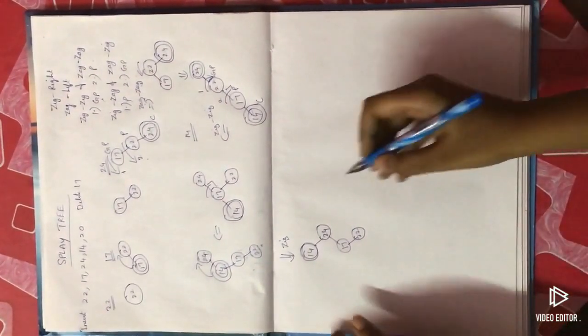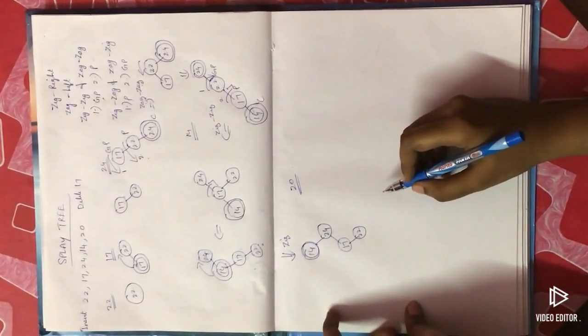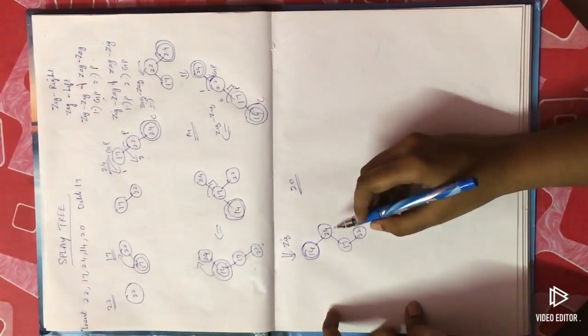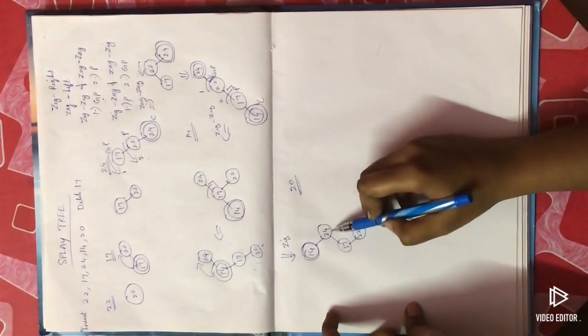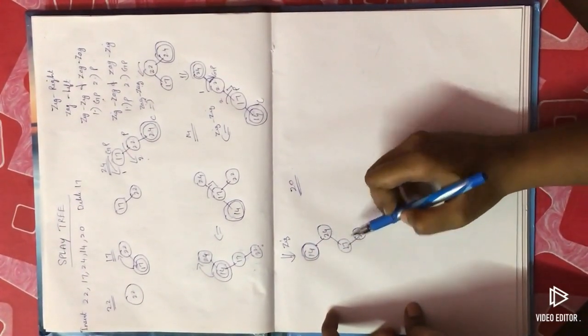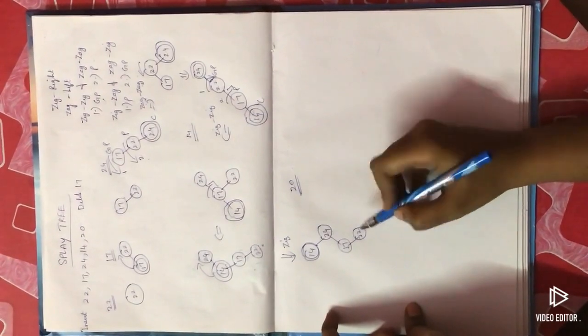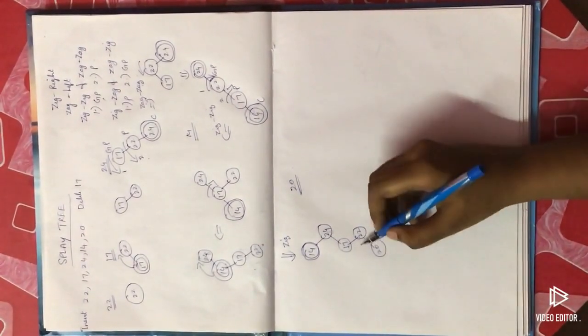So next we are going to insert the element 20. Where will we insert the element 20? Compare 14 and 20, it is greater. So right side. 24 and 20, it is less. So at the left side. 17 and 20, again greater. Again 22 and 20, it is smaller. So at this place only 20 will be inserted.